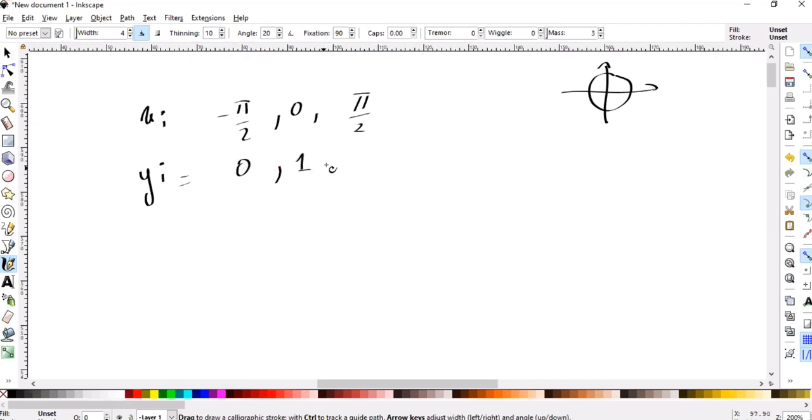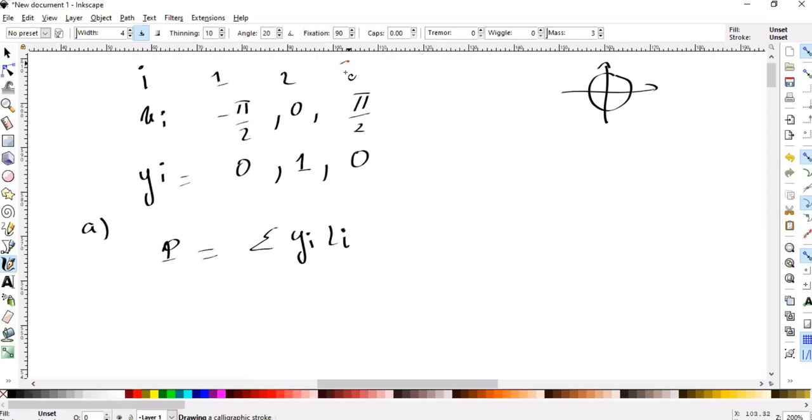So it has 0. So the only thing that I need to calculate here is, if we take the Lagrange polynomial, okay, the polynomial is the sum of yi li, where i equals 1, 2, 3. Because these yi are 0 here, in this case, I just need